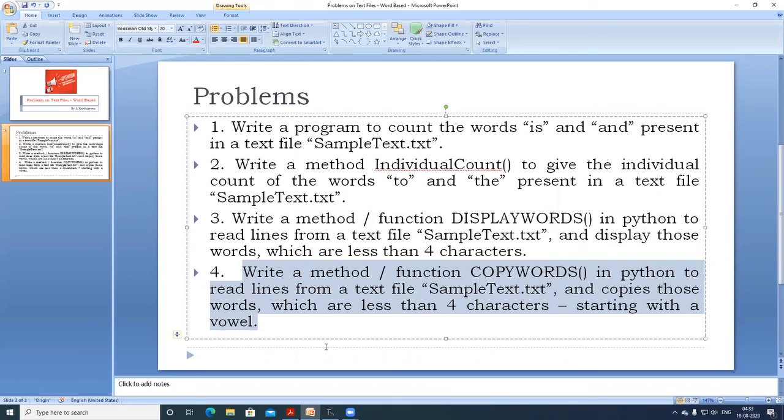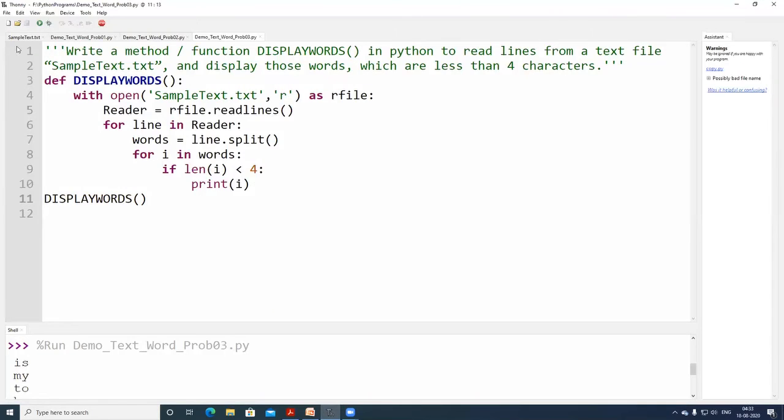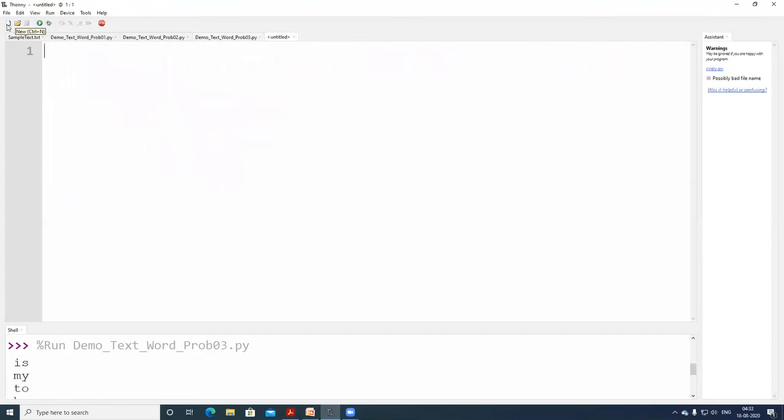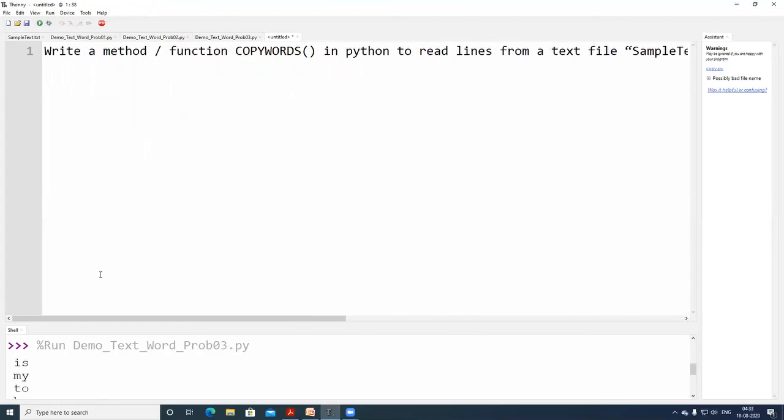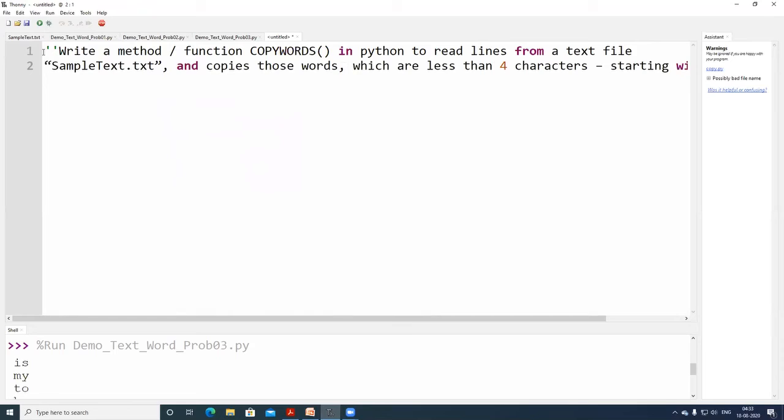Let me copy this one. See, let us read this problem once. You are reading the same file, namely sample.txt.